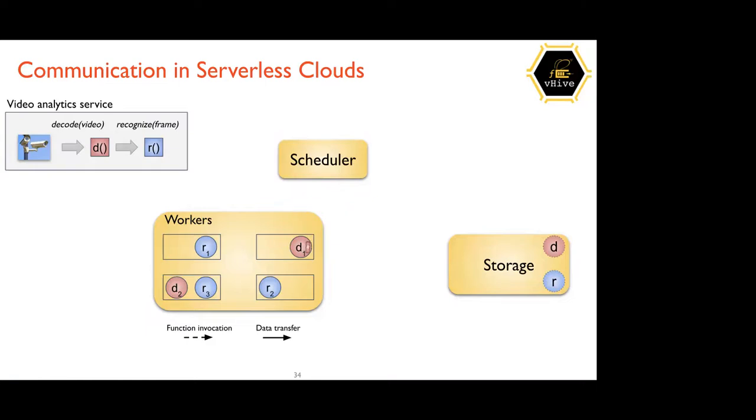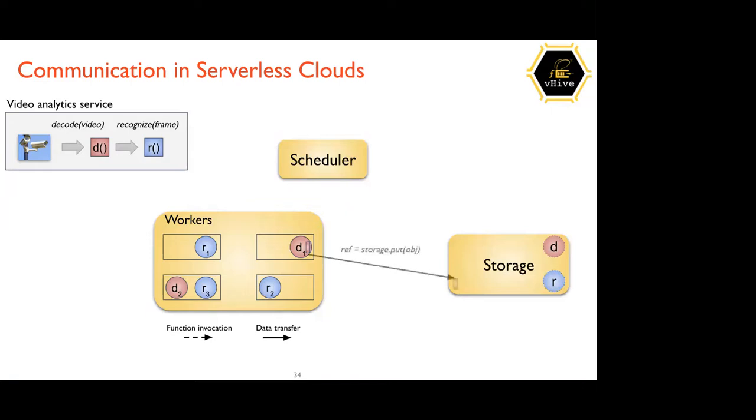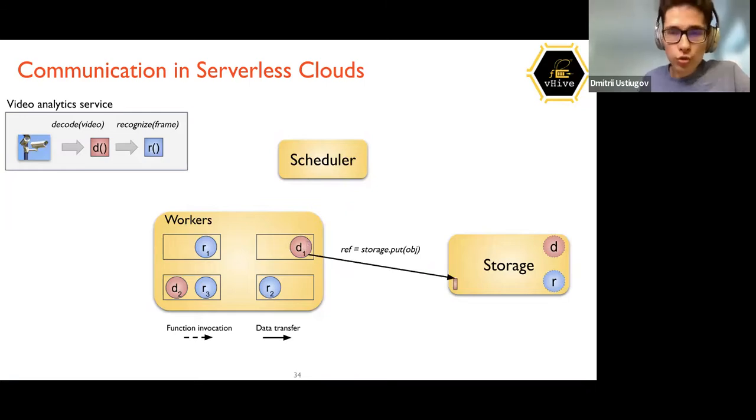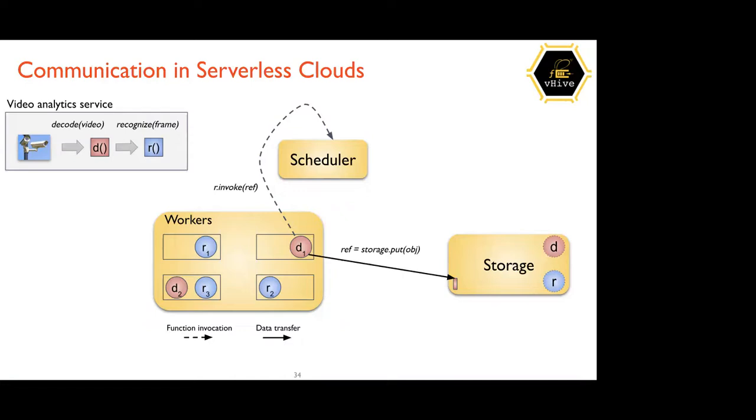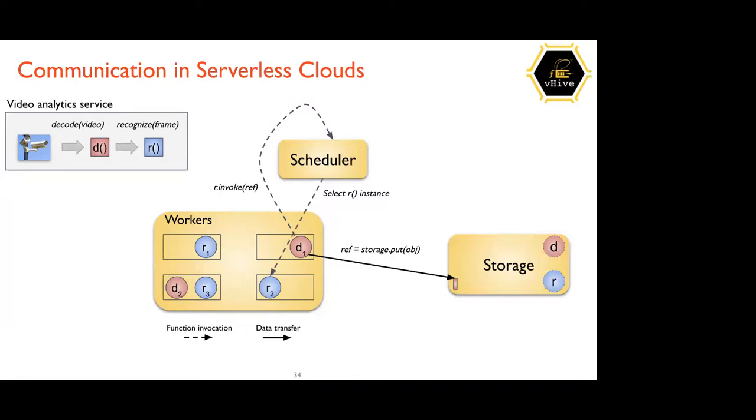And everything starts with the decode function producing a frame in which it wants to recognize objects. The user code in this function has to store this object in the storage, and then it triggers the invocation, sending the HTTP packet to the scheduler, specifying the key from the storage. The scheduler then receives the invocation and forwards it to the least loaded instance of the second function based on its own metrics. The function starts processing by retrieving the object